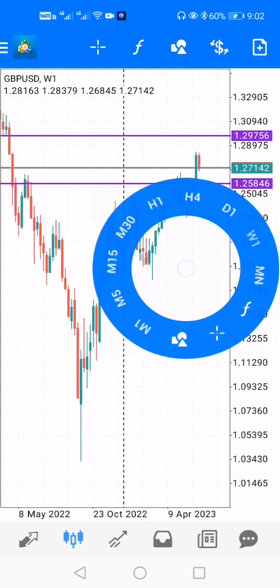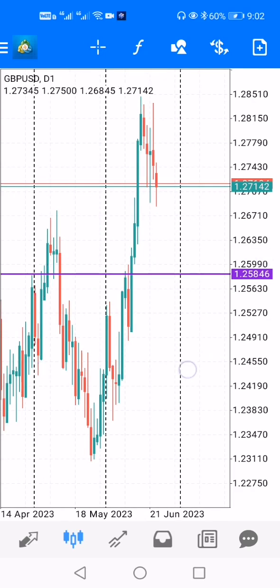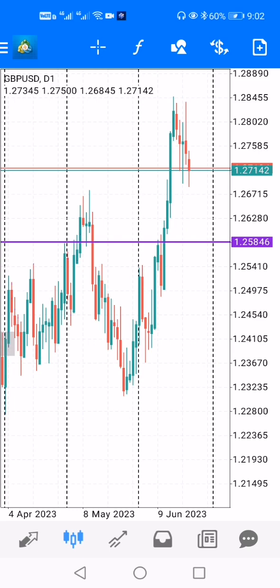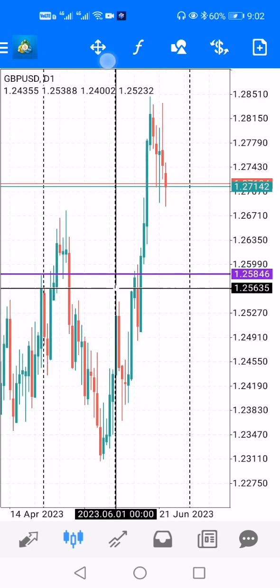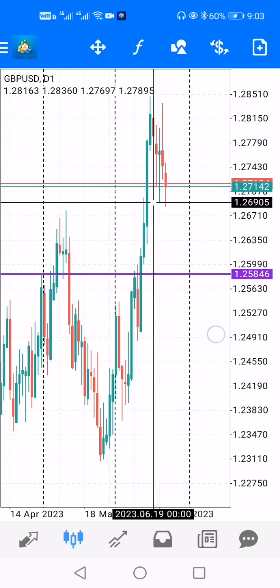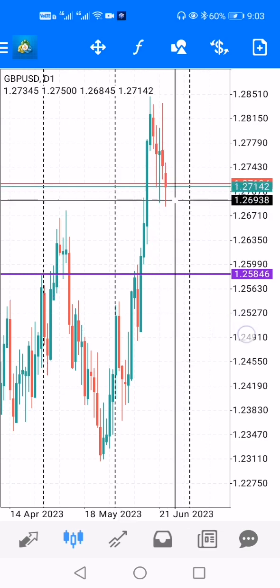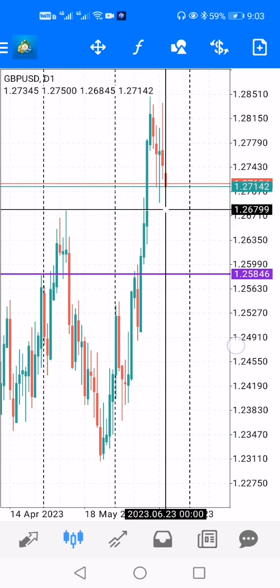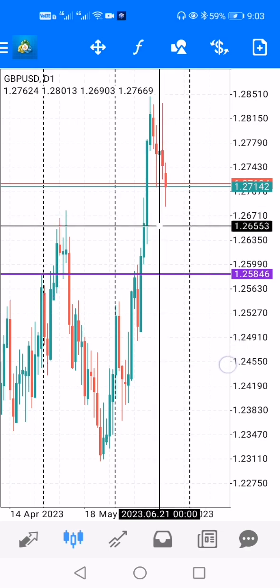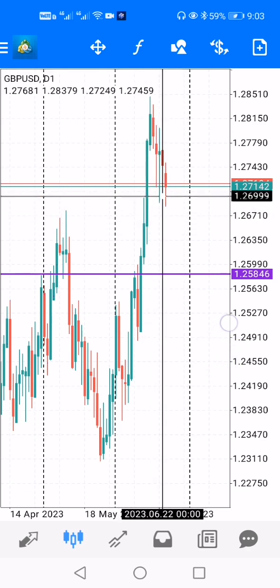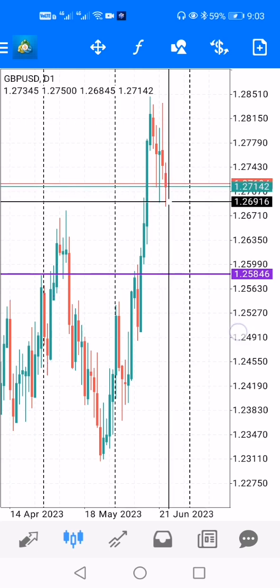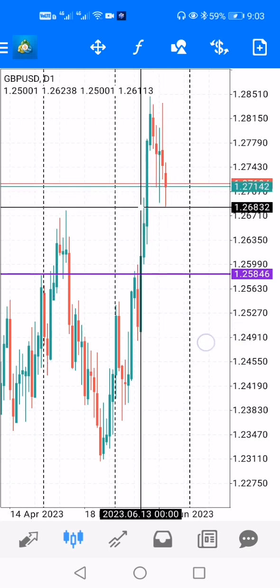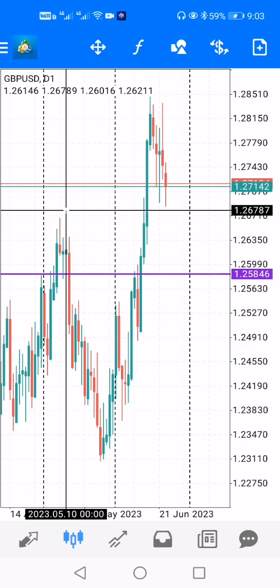Alright, so I'm going to quickly dive into the daily chart. On the daily chart, we can still see there's a bit of sentiment to the bearish side. However, because the market structure is not completely bearish, I can see how price can trade a little bit lower in the next week, and then maybe trade into this high,